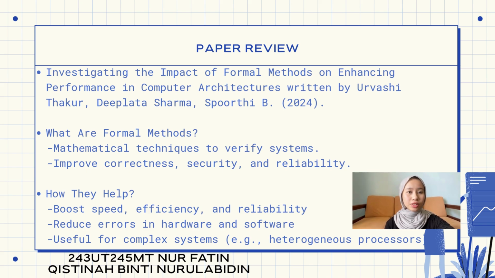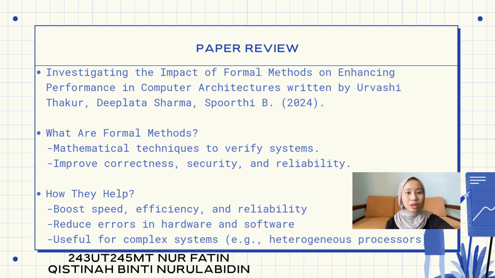The last paper review is investigating the impact of formal methods on enhancing performance in computer architectures. It explores how mathematical techniques called formal methods can improve computer systems. Formal methods help check if hardware and software are working correctly, reduce errors, and make systems more reliable and secure. This paper shows how they can boost performance in areas like speed, power, efficiency, and reliability, especially with complex systems